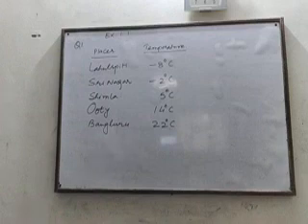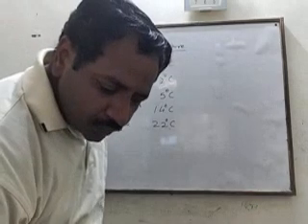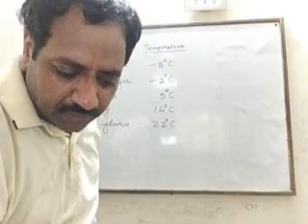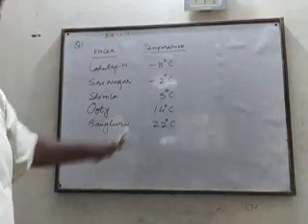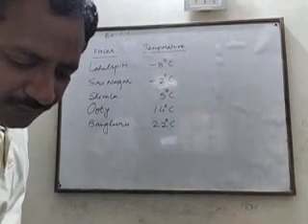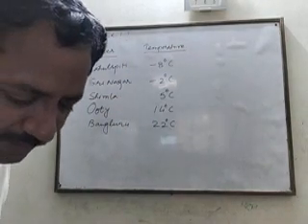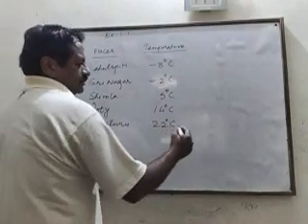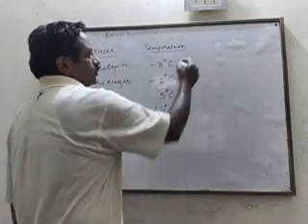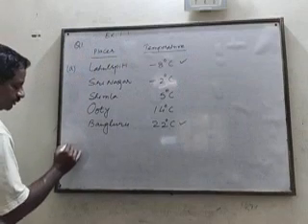Now, first question, A part. Observe the number line and write the temperature of the places marked on it. So we have observed and we have written the temperature. What is the temperature difference between hottest and coolest places among the above? So hottest places that having the maximum temperature, coolest this one. So this is the answer of A part. Now the B part.